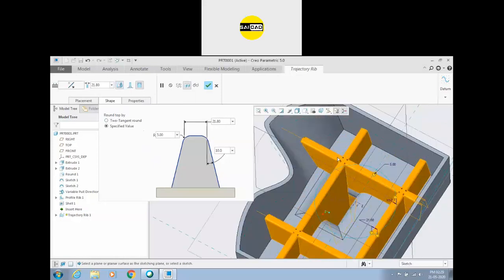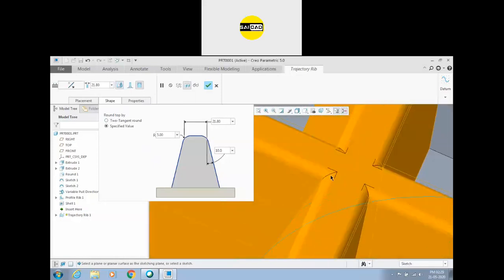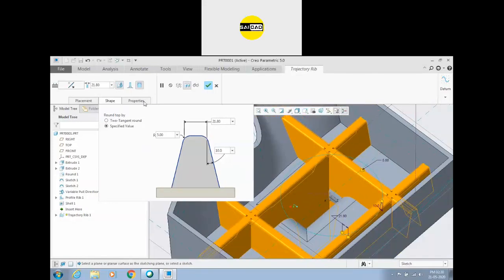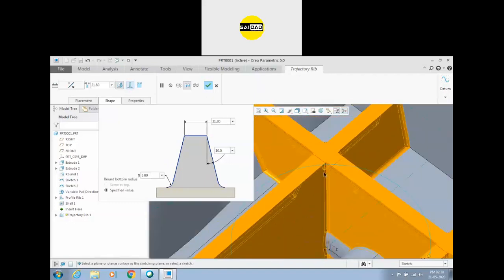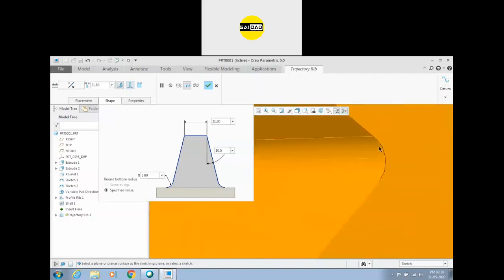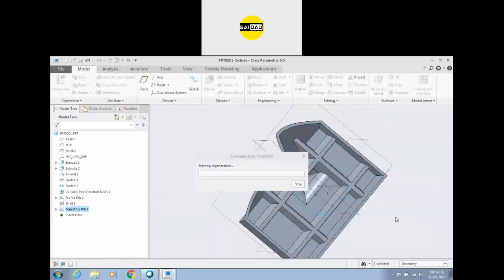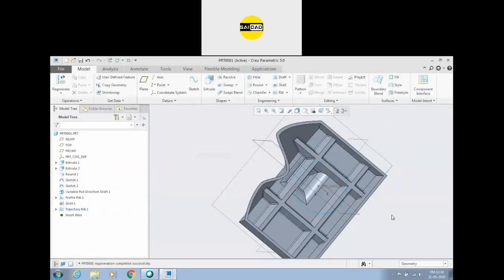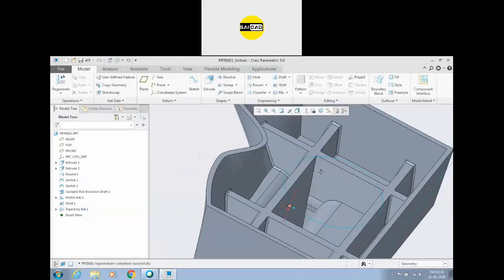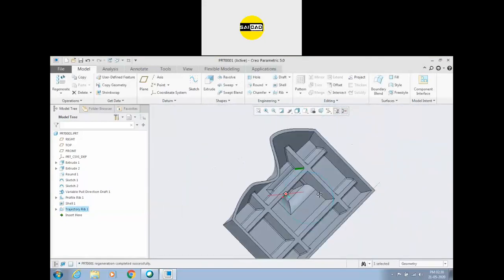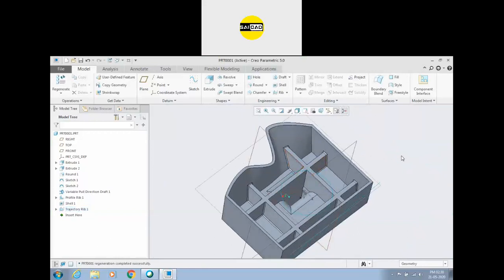Removing the downward fillets, you can see we have the upper fillets right now. Okay, and there will be no fillets on these sides. If we don't select the upper, we select the downward, you will see we got the fillet on all the edges here also. Click OK, and it will take some time, and now you can see we have fillet on the internal edges. So these are the ribs, these are the trajectory ribs.